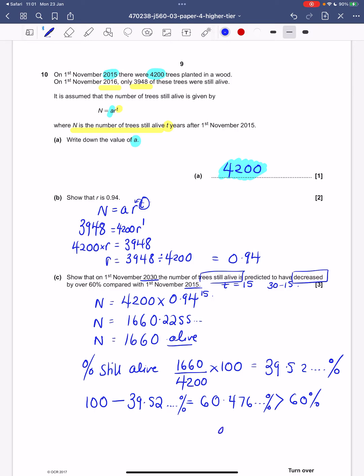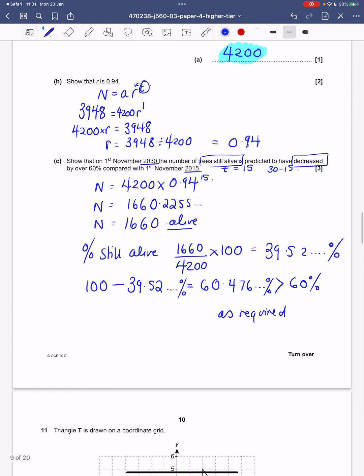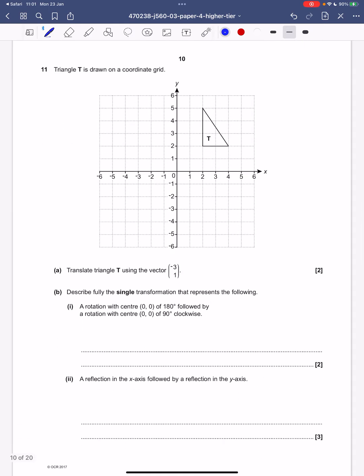As required. So we've shown that more than 60% have deceased. We've shown that the number of trees still alive is predicted to have decreased by over 60% compared to November 2015. Right,